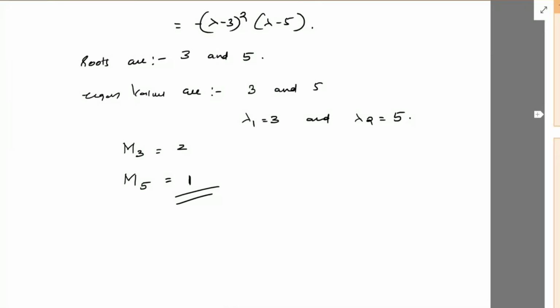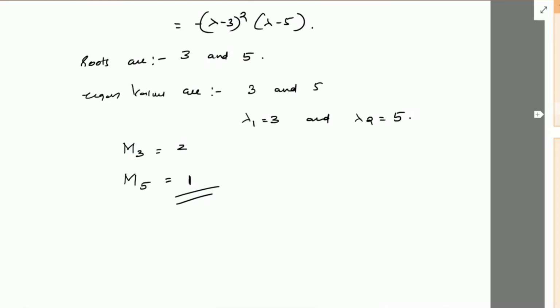So this is how we find the eigenvalue of a square matrix. First we need to find the characteristic polynomial, then find the roots of this polynomial. If it is a cubic polynomial, we have to use the trial and error method. That is, take the constant term, consider the divisors of this constant term, and substitute them arbitrarily into the characteristic polynomial. So we can find one root of that polynomial.